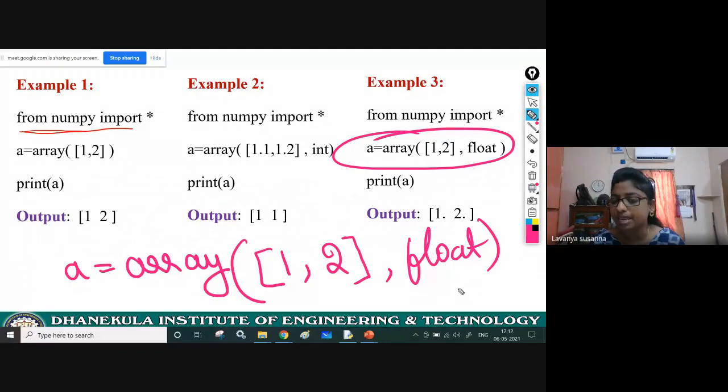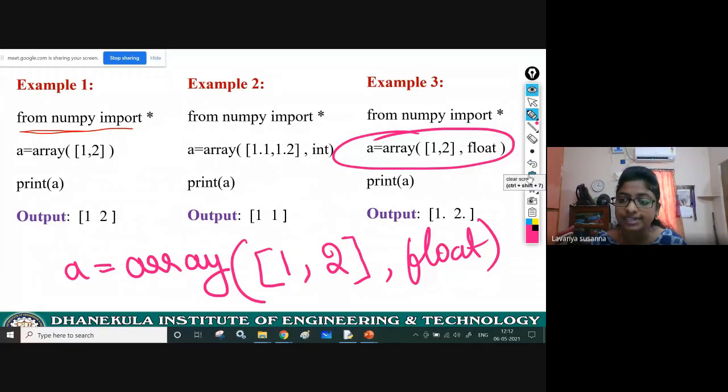What is the type here? I am specifying float. That means this array will be created using floating point numbers. The integers 1 and 2 will be converted into float like 1.0, 2.0.